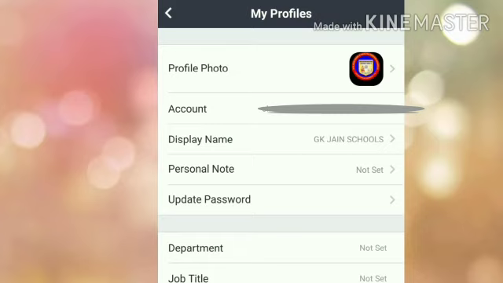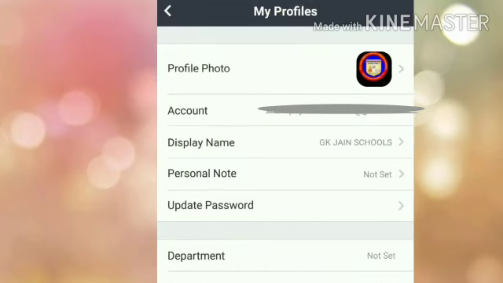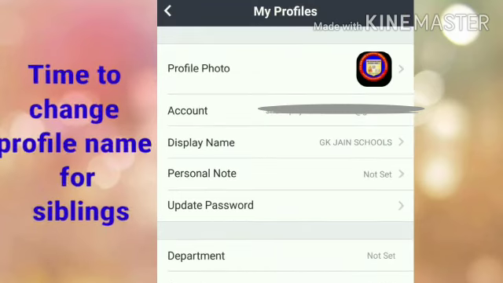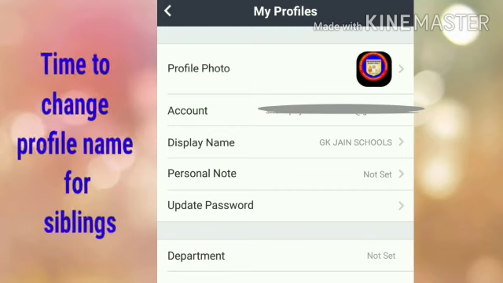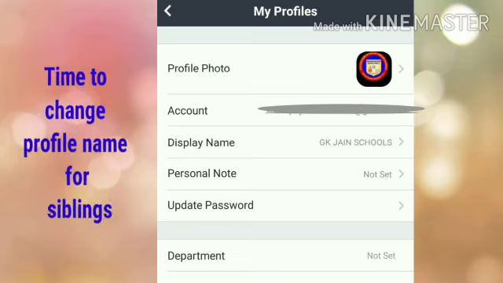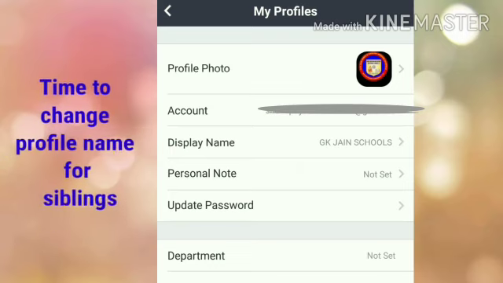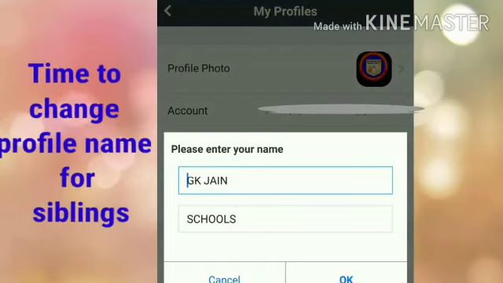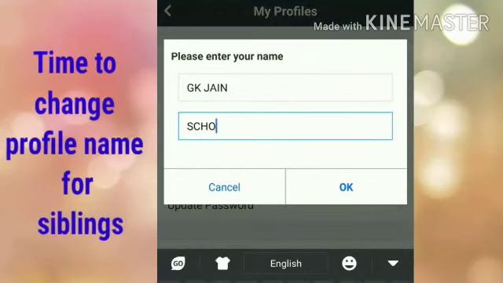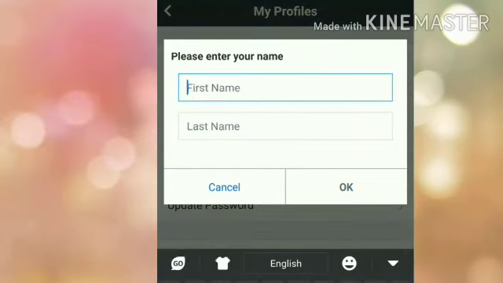You might have a doubt: if you have siblings, if two or more children are using the same account, what name do you have to type? For this, I am going to give you one solution. You have to click the display name once again and delete everything over there.